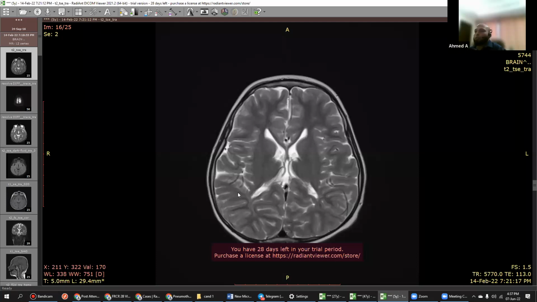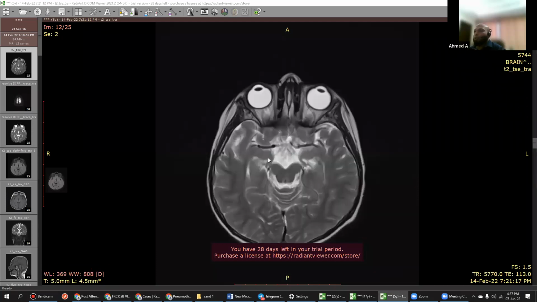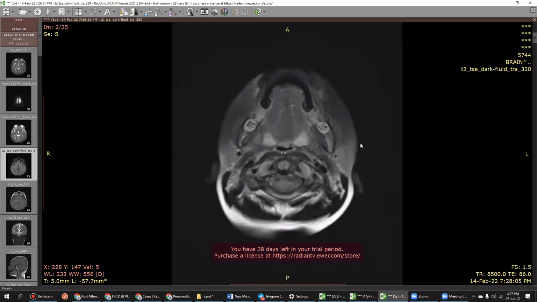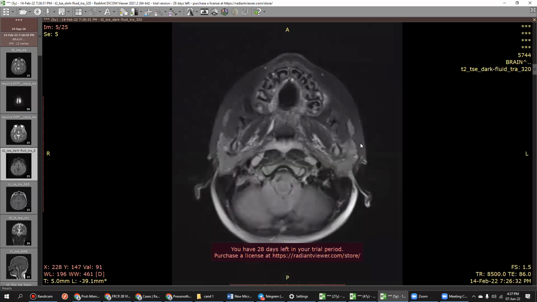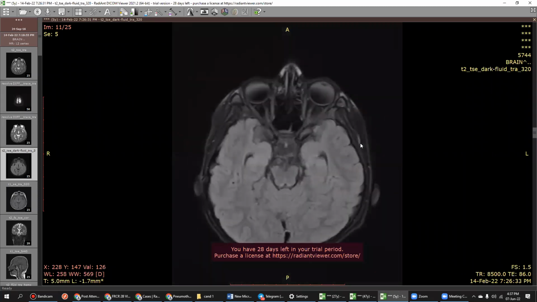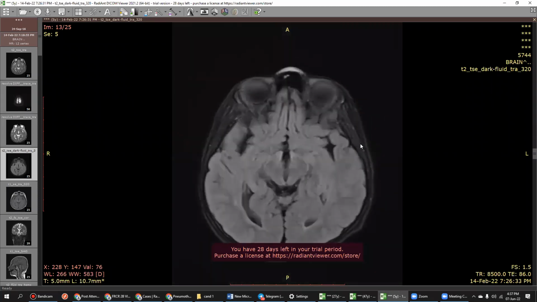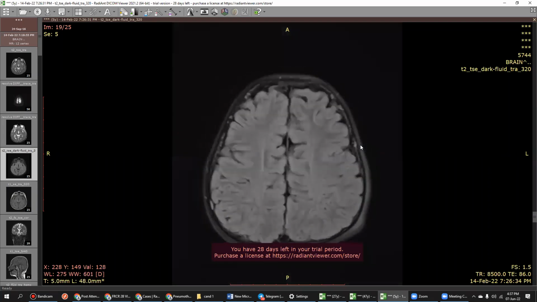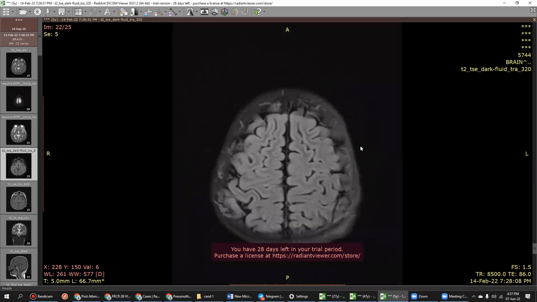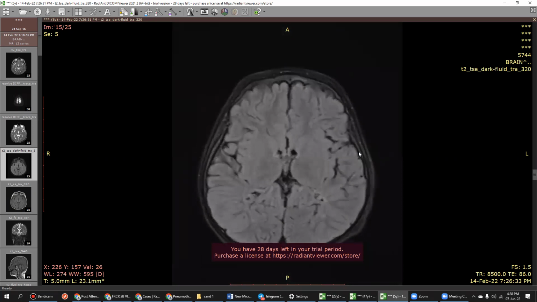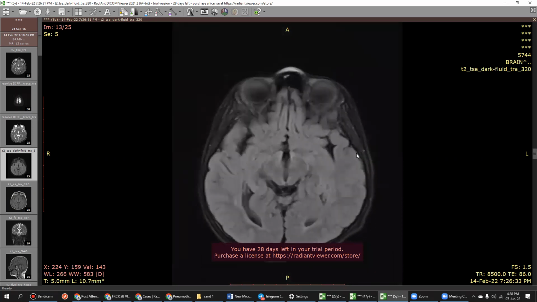Okay, you want FLAIR? Yes, please. Yeah, you can scroll. Okay, so scrolling through the FLAIR images, I can see there is an area of